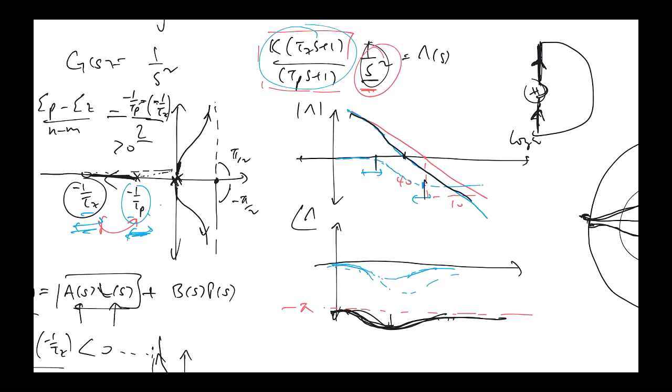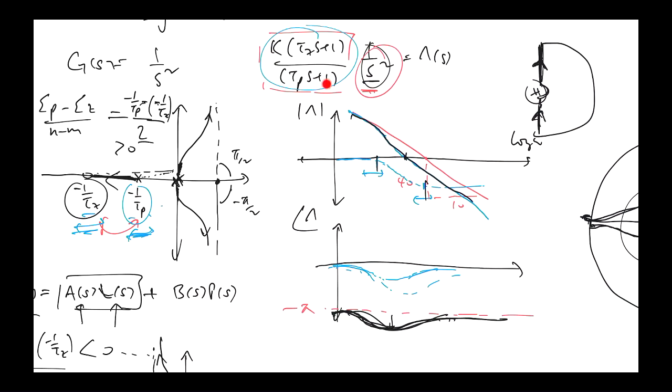But now we've changed this part, and we've changed this part in such a way that the magnitude part will do this, right? The 0 kicks in first, then the pole flattens it off, right? Where this happens relates to this guy, where this happens relates to this guy in the case of a lead compensator, right? So now this guy will look like this,